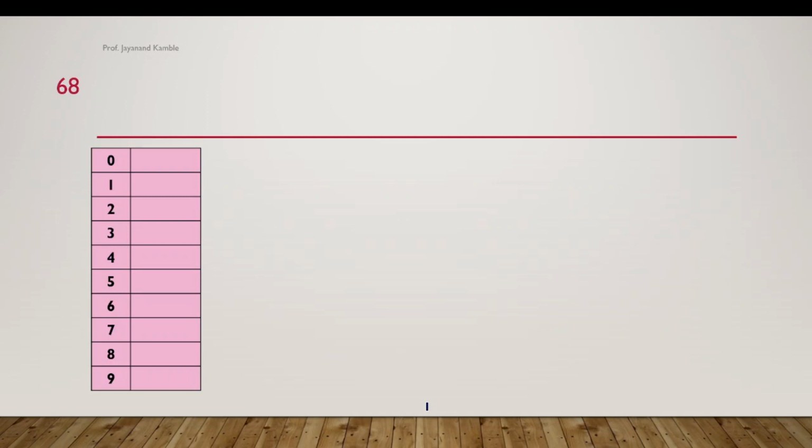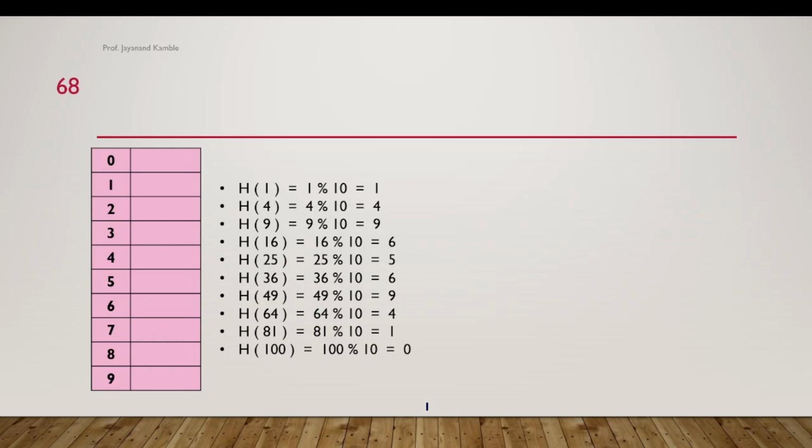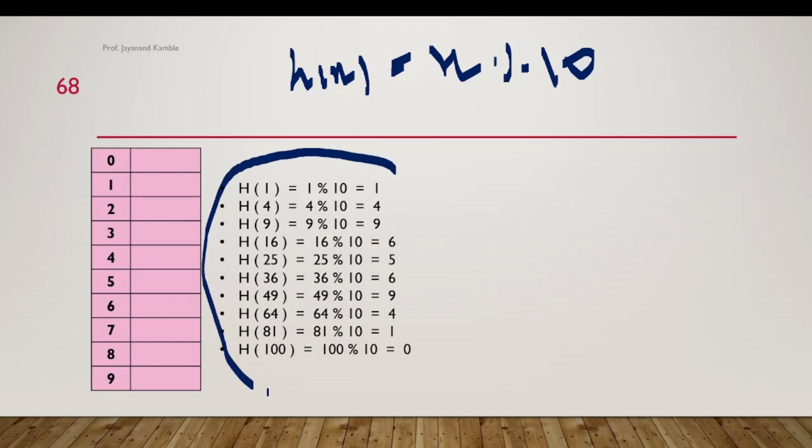So this is my hash table. These are all the values that I have to keep in the table, and my hash function is H of x equal to x mod table size. Table size is 10. So 1 mod 10 is 1, 4 mod 10 is 4, the remainder will be 4, 9 mod 10 is 9. So by using that formula, we have calculated